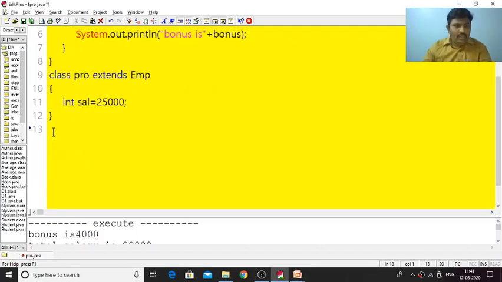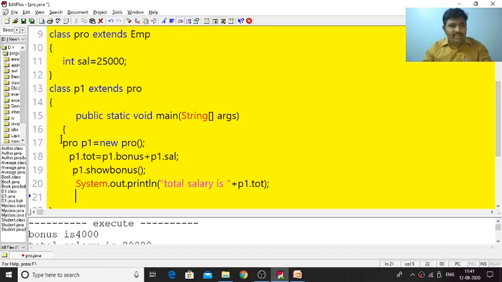Now here I have a class P1 extends pro. Now automatically all are available to my P1 class. Now here we create the object for the P1 class, P1 p is equal to new P1. So we create the object for the P1 class, and here what we can do is,